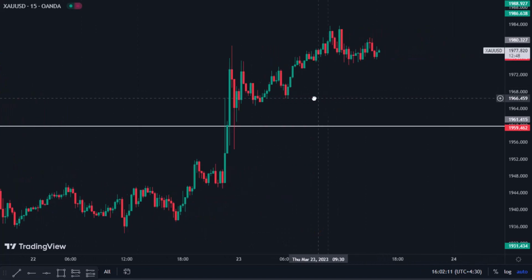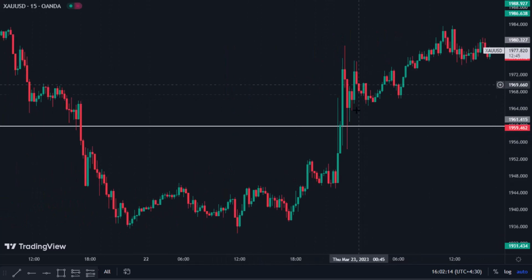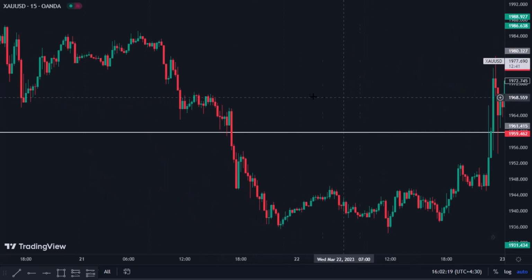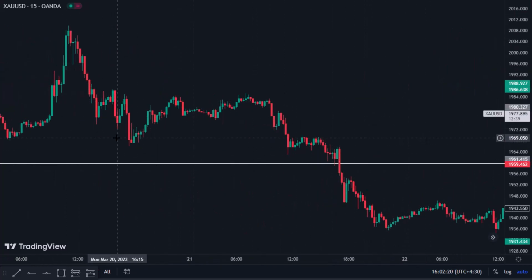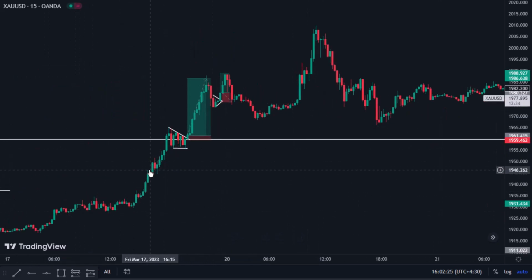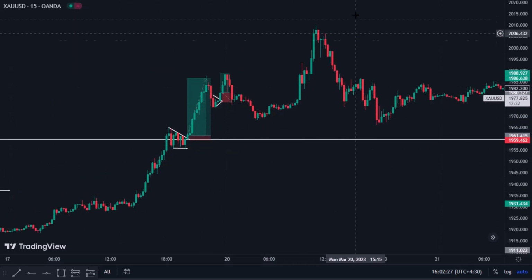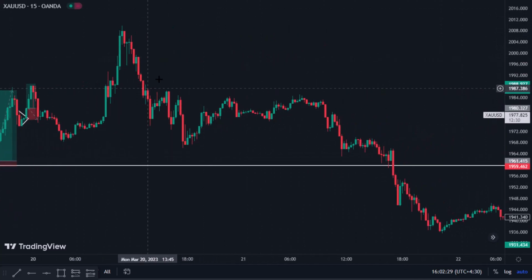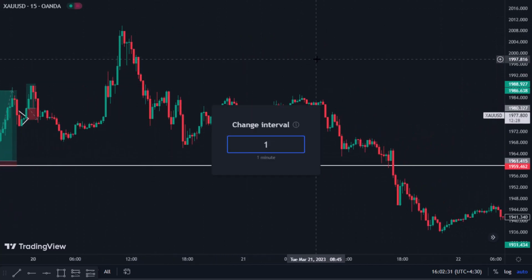As you can see, we had this level broken to the upside and the prices started going up, but in my previous analysis I told you that we had this support area here which was broken. Okay, it was a resistance which was broken and the price started going up here. Okay, and in the 1 hour time frame